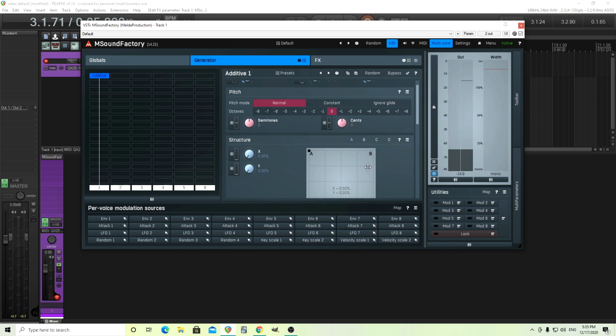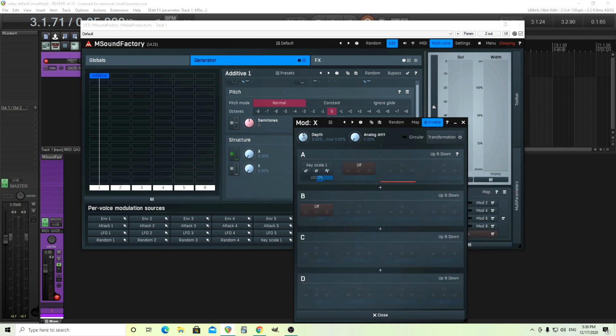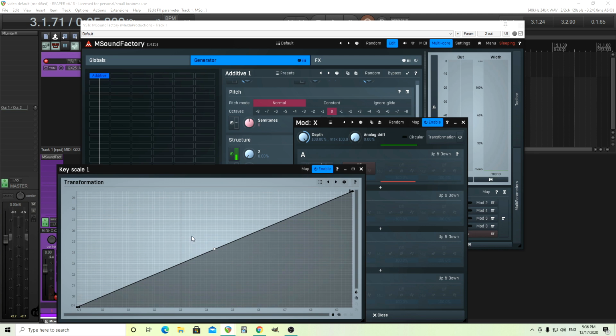Those are fairly even. Now that's good, but what I really want to do is I want this to change as I'm going up the keyboard. So I'm going to go into this X parameter here, and let's move this using key tracking. I'm going to use key scale here, like that. Turn the depth all the way up, and I can either use this here, but if I use actual key